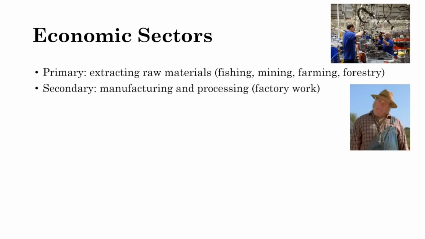The secondary sector is where you use these raw materials in manufacturing and processing, aka factory work, and this took off during the Industrial Revolution. And the key characteristic between secondary sector industries like processing food, steel making, glass making, building cars, assembling electronics, the textile industry, the similarity between all of those is that you're turning raw materials into immediate goods that I can use, like a window or a car or this iPad that I have beside me, or the laptop I'm using to record this video, the smartboard in your classroom.